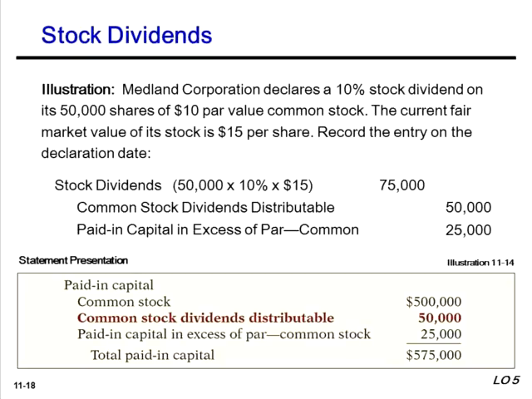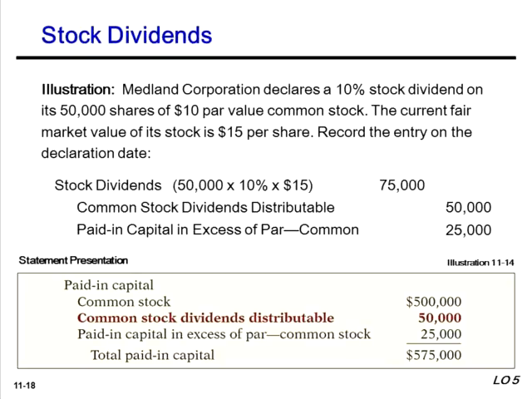We will credit common stock dividends distributable for the par value. So we would take the $10 per share, multiplied by the 5,000 shares involved in the stock dividend, and that gives us a credit to common stock dividends distributable of $50,000. The difference between the fair market value and the amount in the common stock dividends distributable account is the paid-in capital in excess of par common for